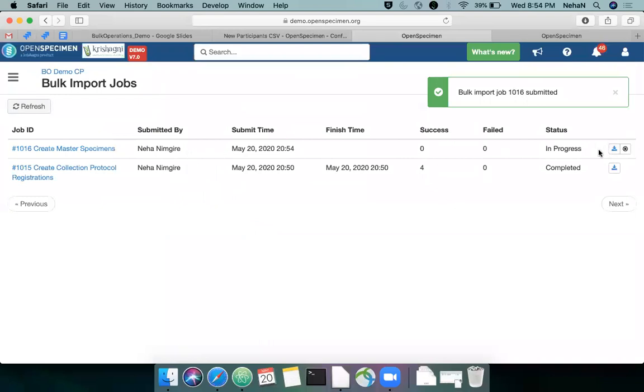Okay, so here if you see there are two options now. One is download and one is this cross mark, which means that if I have to abort this job, I can click on this button and then it will not run my file. Or whatever records are processed, it will show that these were processed and these were yet to be processed, and the status will then get updated to abort. I won't do anything because I want to import the data now. Okay, so there were two records which are successful now.